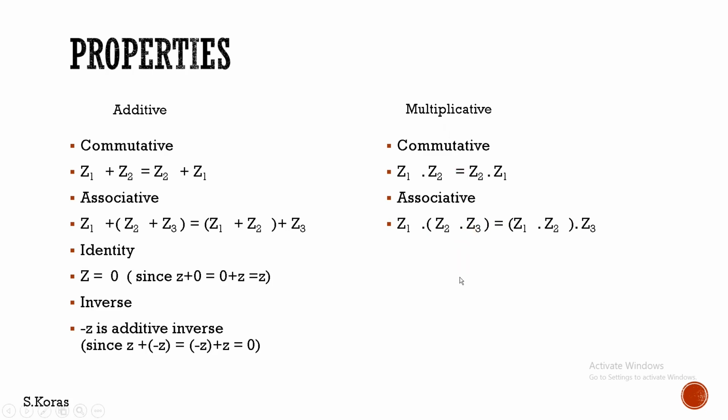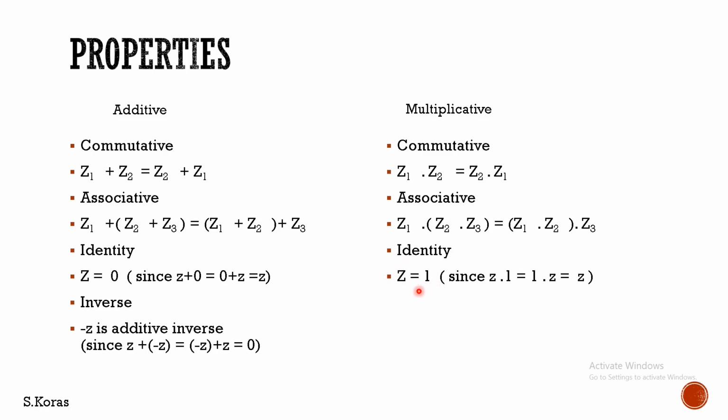Then what will be the identity of multiplication? It is just like ordinary algebra. For example, let us consider we have a number 7 and you have to multiply 7 by a particular number so that it does not alter the value. Surely that number will be 1. 7 into 1, the same way 1 into 7, you will get the same value 7. This number 1, while multiplying with 7, doesn't alter the value, hence it is called the identity. Similarly, in complex numbers also, Z equal to 1, that is, Z equal to 1 plus 0i, is a complex number.